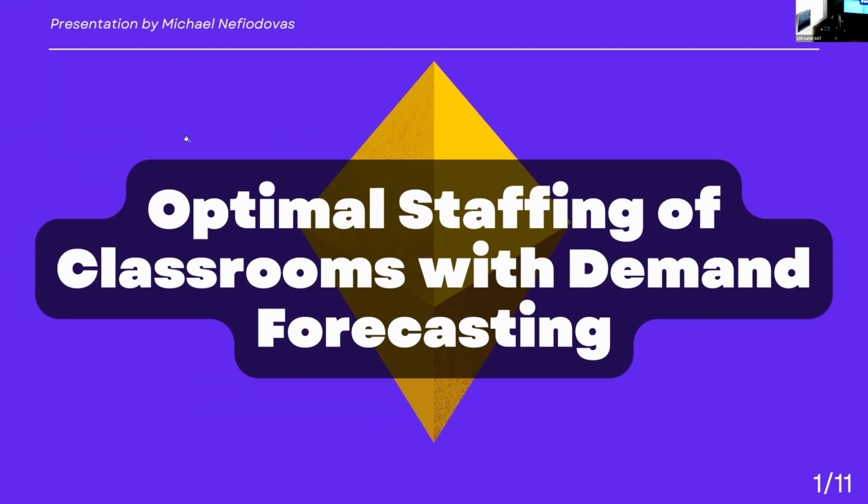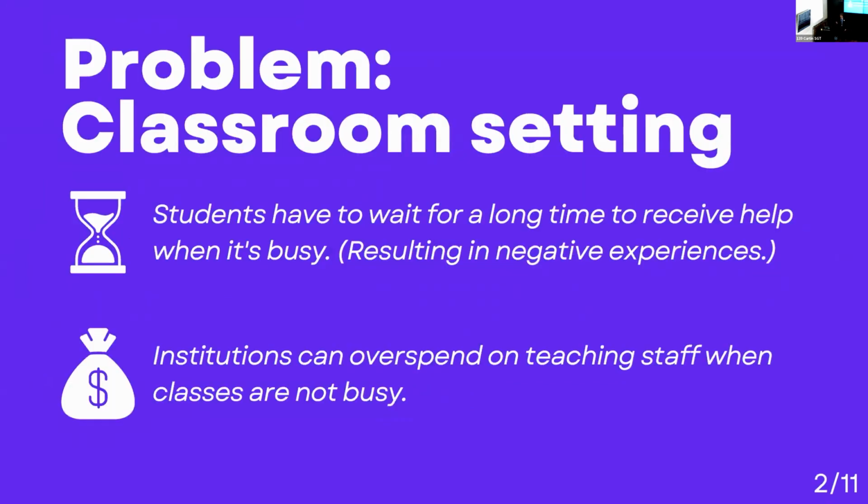All good. Hi, I'm Michael, and the problem I tried to solve was optimal staffing, in particular in a classroom setting. In a classroom, students raise their hands to ask questions, and you have a variety of tutors walking around and answering those questions. Those students don't like waiting a long time to get their questions answered. But you can't just throw 1,000 tutors into a classroom and be done, because that costs a lot of money. And we know universities don't like spending lots of money.